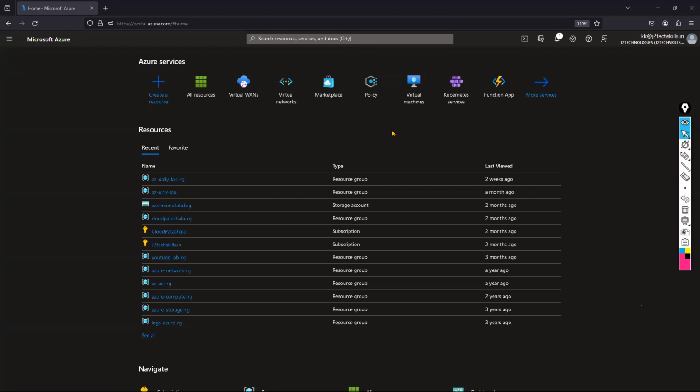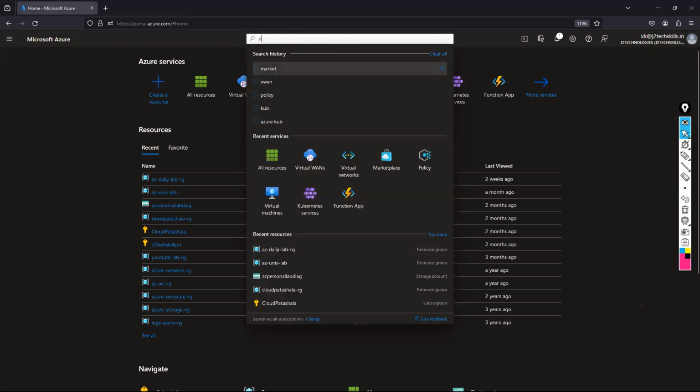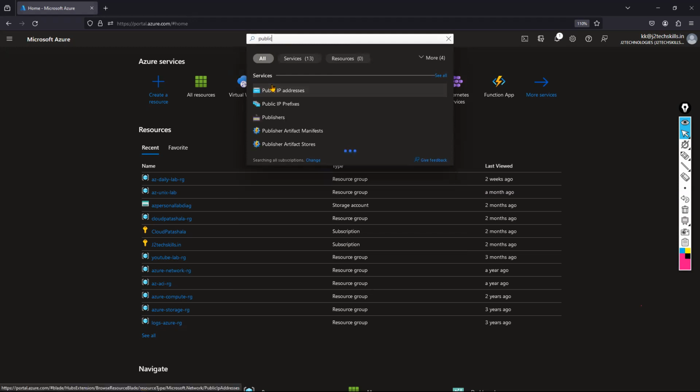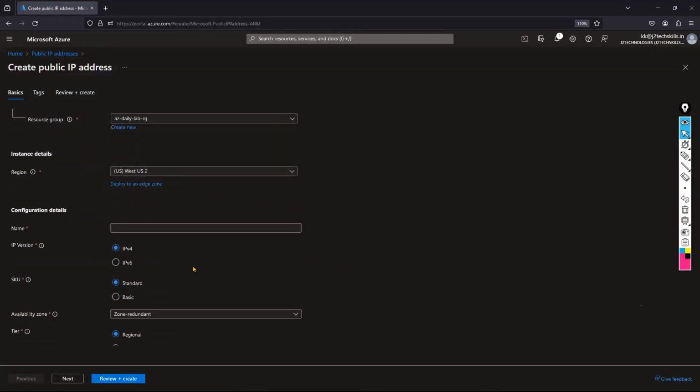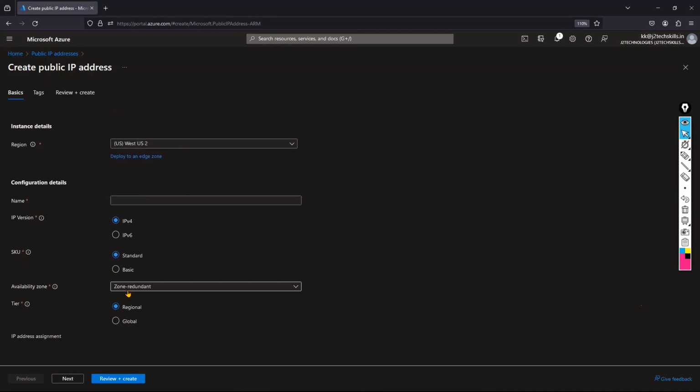Suppose you are trying to deploy one resource that is fixed to one specific zone only, that is what we call a zonal service. For example, I'm going to show you the practical answer also, like a public IP address. If I'm trying to create a public IP address, it will ask us which region. So we are selecting. If you see zone redundant by default option, what will happen? Zone redundant means automatically in this region, West US 2 region, other zones also have the same public IP address redundantly